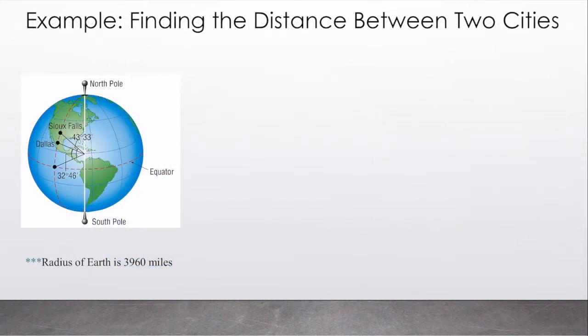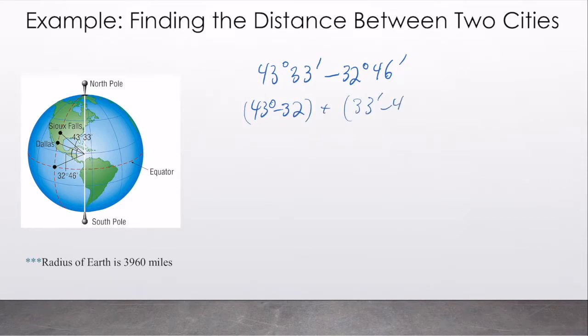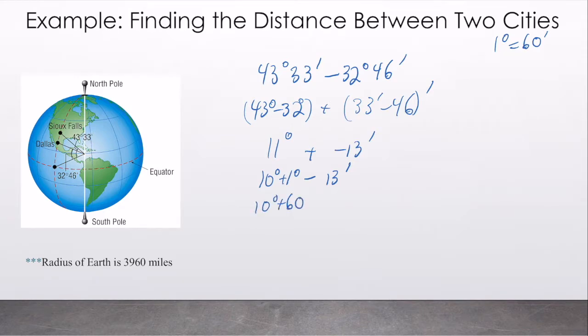I have 43 degrees and 33 minutes minus 32 degrees, 46 seconds. So if I take 43 degrees minus 32 degrees and 33 minutes minus 46 seconds, I've got 11 degrees plus a negative 13 minutes. Well, we can't have negative 13 minutes. It's important for us to remember that 1 degree is 60 minutes. So if I have 10 degrees plus 1 degree minus 13 minutes, I can rewrite that 1 degree as 60 minutes. So then I'd have 10 degrees